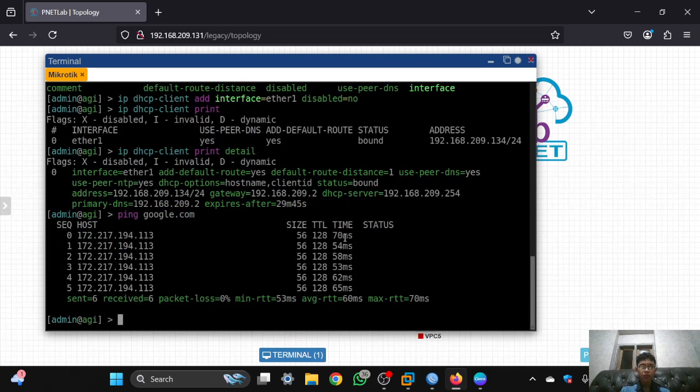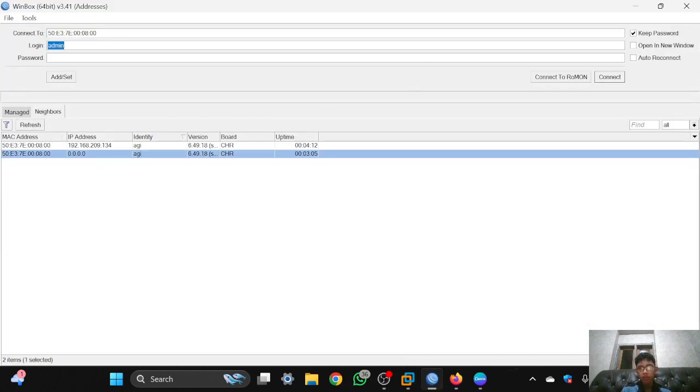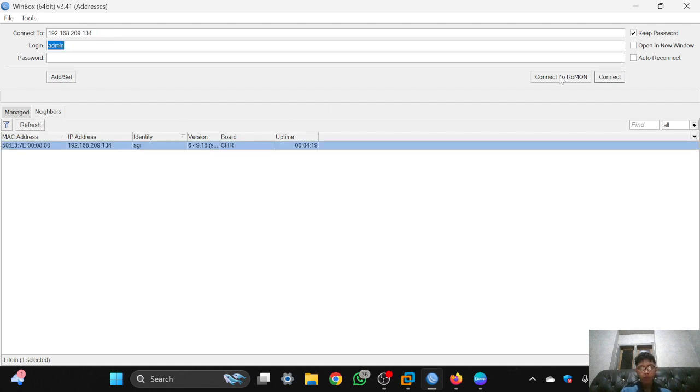That was the CLI method, and now I will practice it with the Winbox method. First, log in to your MikroTik with Winbox.